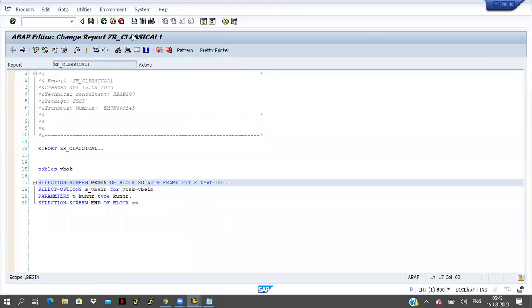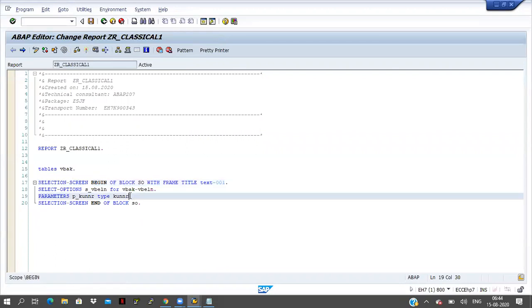Now click on back, activate the program, and here a customer number is coming, right? Here I am giving a default value: the customer number equal to 12345. Save it, activate it and execute it.